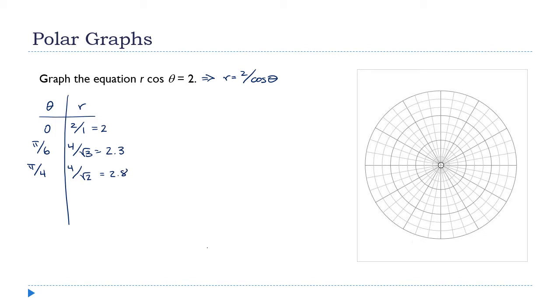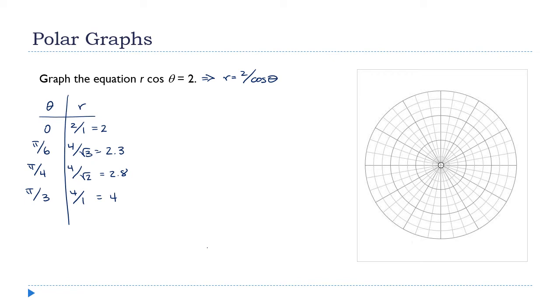And let's do one more. I'll tell you why I'm only going to do one more in a minute. Pi divided by 3, that's 60 degrees. That's cosine of pi over 3, it's a half. So this is 4 divided by 1, which is 4. And now here I'm going to kind of stop, right? Because if I go higher,